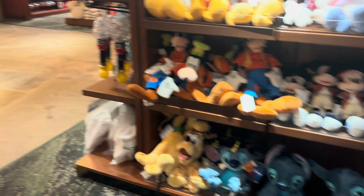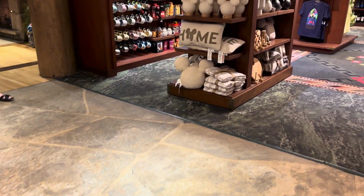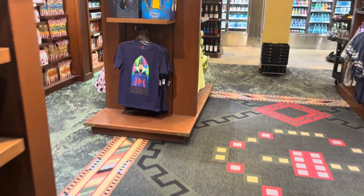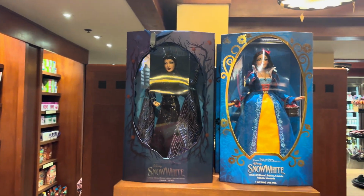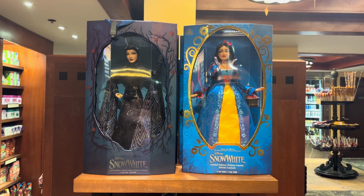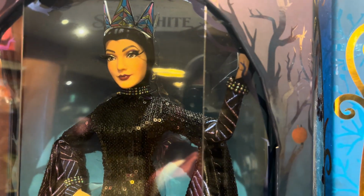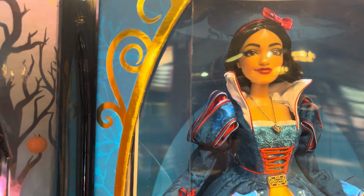And then obviously you've got to have the Fab Five stuffies, and then there's Stitch. Stitch is coming out of his live action, and I can tell you're going to see a whole lot more of Stitch coming up. Come back down the middle here. We talked about Villains Land, right? Well, Snow White just came out with their live action. So there's actually collectible dolls. Now these are not cheap. If you notice, the faces of the dolls are very much like the actresses who play the roles,